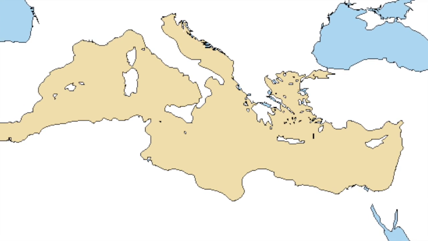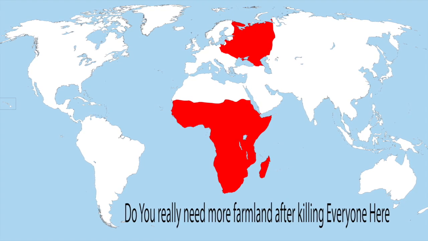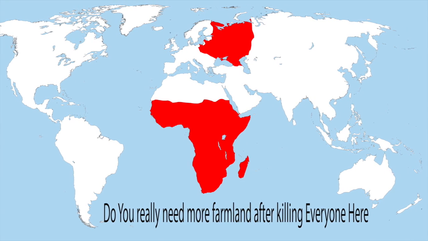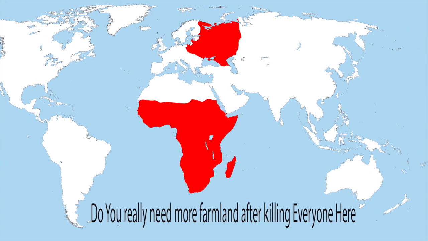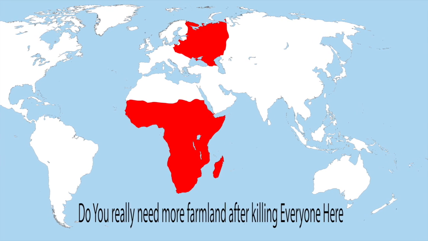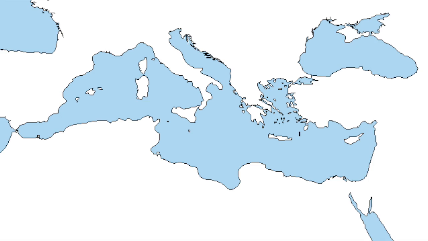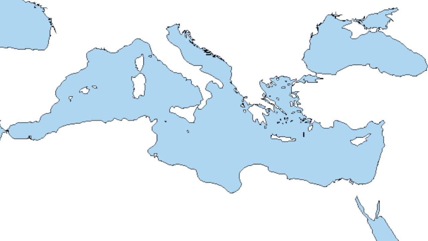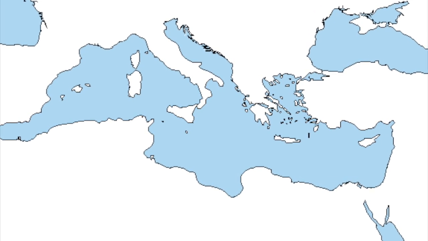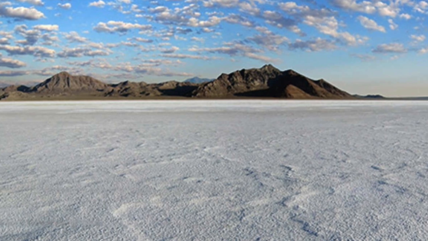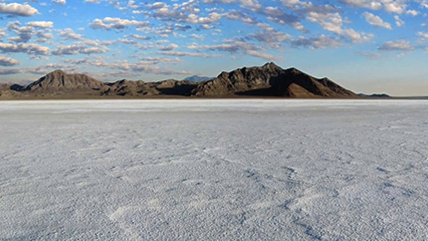Firstly, after the extermination of the Africans and Eastern European Slavs that Dick portrays, the last thing the Nazis would need is more farmland. Also, this would be unbelievably hard. Since blocking up Gibraltar and letting the Mediterranean go dry would take millions of years to submerge the sea, and pumping it out physically would be impossibly hard, especially for 15 years. Even if some god intervened to allow it to happen, such lands would be uninhabitable salt flats, like those seen in western Utah.